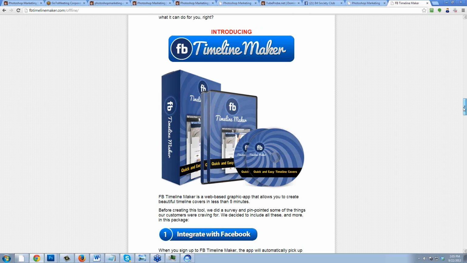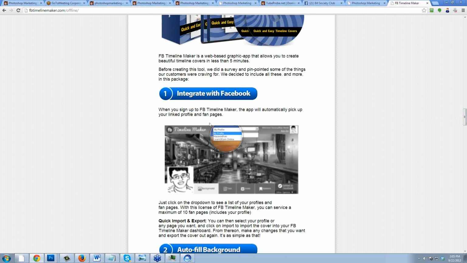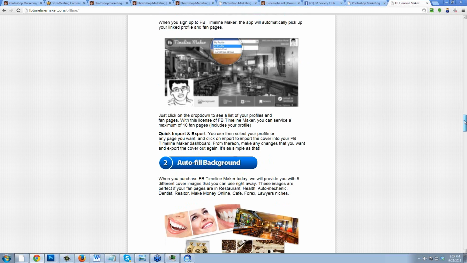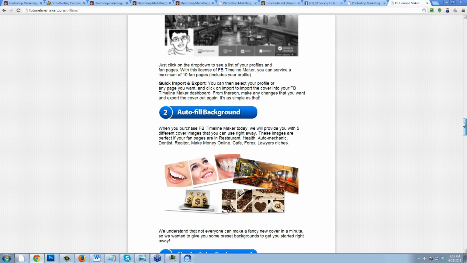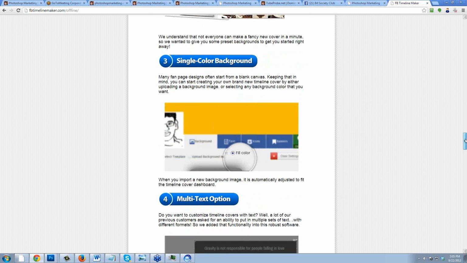So here you go. Here is the timeline maker. Here's an example of it. This one here I haven't run, but when you sign up to FB Timeline Maker, the app will automatically pick up your profile and your fan pages. So it automatically links to your profile and everything. This is something that you guys can have running today. Single color background.